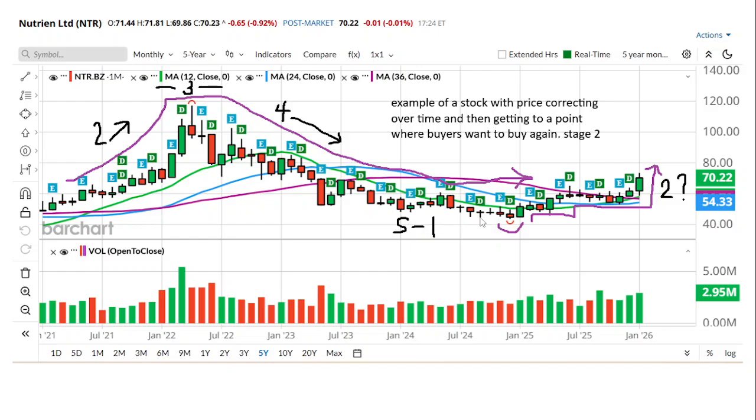Many times stocks will consolidate in a stage 1. Many times they will go out of business if they're not established. But many times out of stage 1, we can look for a new opportunity for it to return to a stage 2. And that's what it looks like I'm seeing here on this company. So I hope that helps, just to define some of those stages and what I'm looking for as far as a new opportunity.